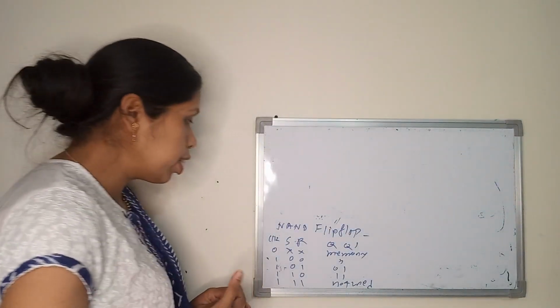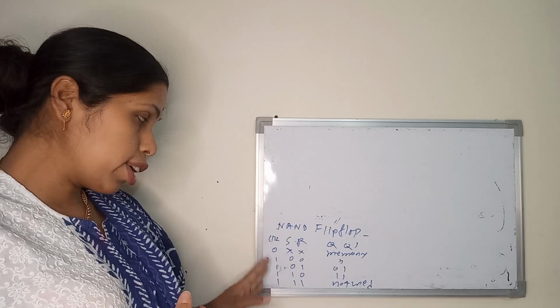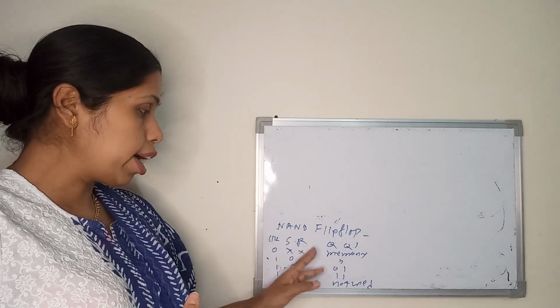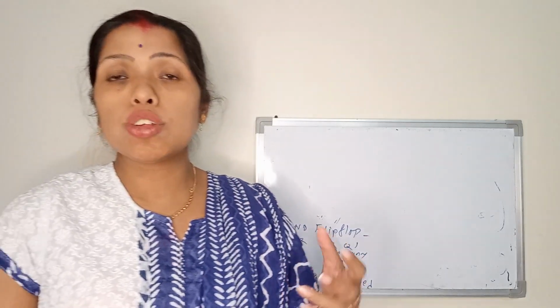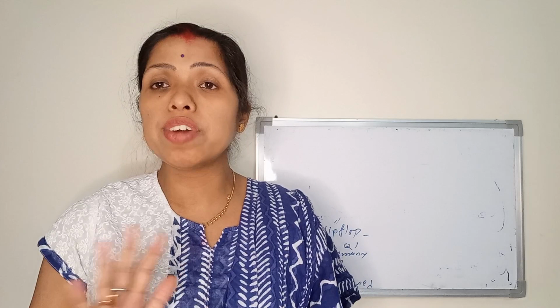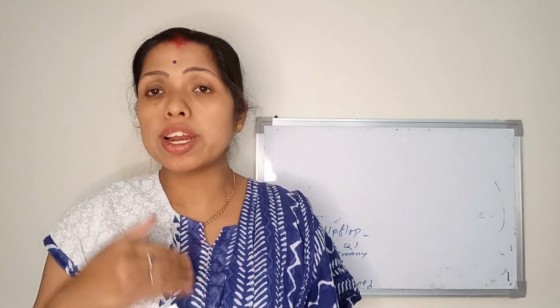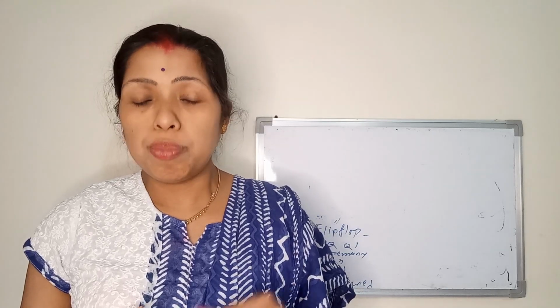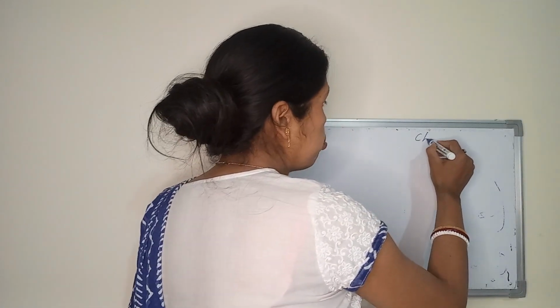So in the case of the normal truth table, you can see clock is there, S and R are also there, and both outputs Q and Q prime are there. But as I have discussed in the last class also, in the case of the characteristics table, you don't have any Q prime. Only Q is there, in the form of the past value and the present value. Okay, so I am writing the characteristics table